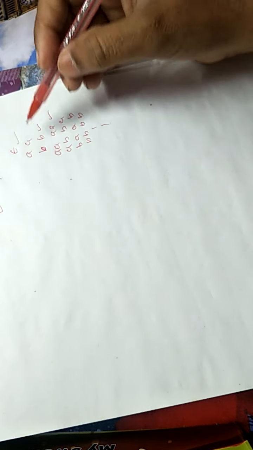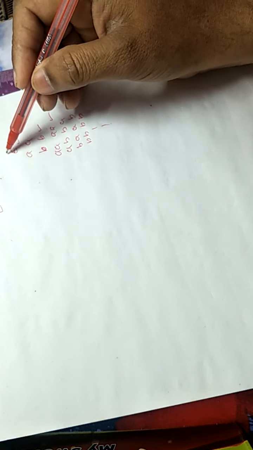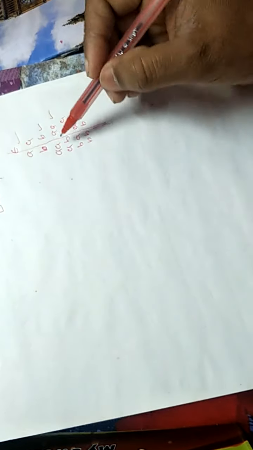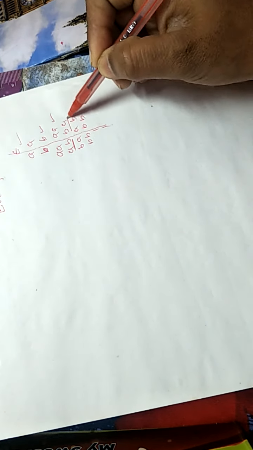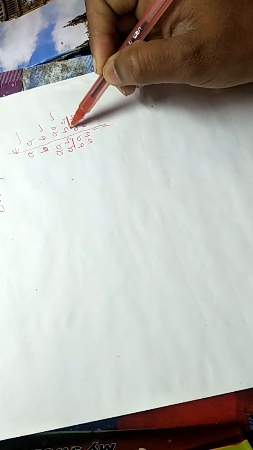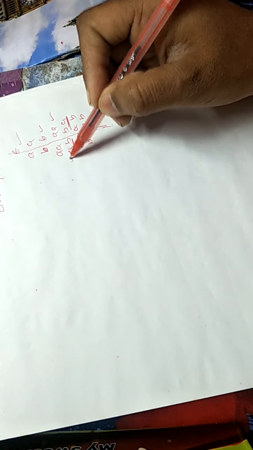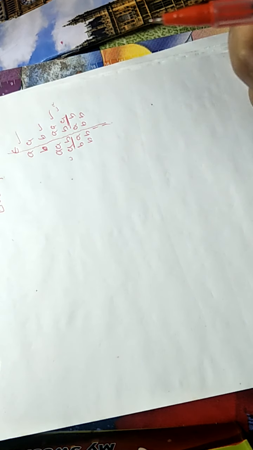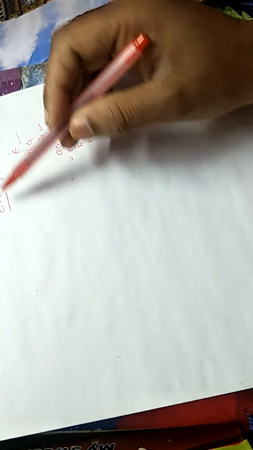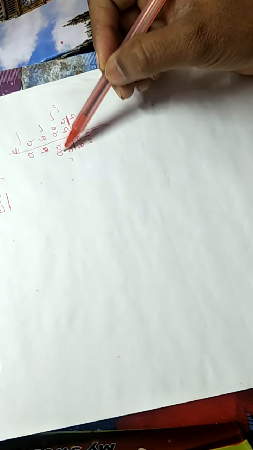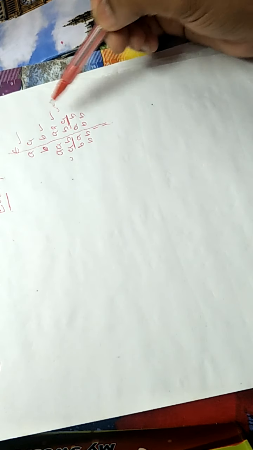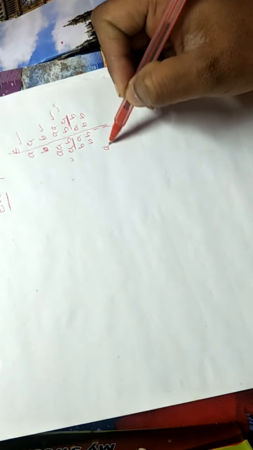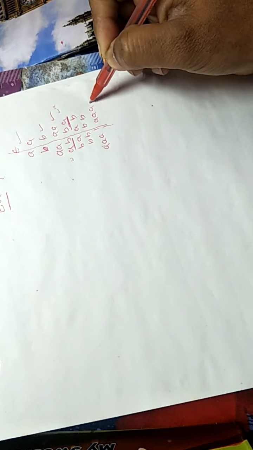If you look at these strings carefully, they seem to be of the form WW^R. If it is W = ab, then its reverse is ba. So it is W followed by W^R. And when we put this combination, the string will always be of even length. It is a palindrome and the length is always even, because if W has length 2, W^R also has 2, and 2 plus 2 is even. If it is 3, suppose, then it will also be 3.